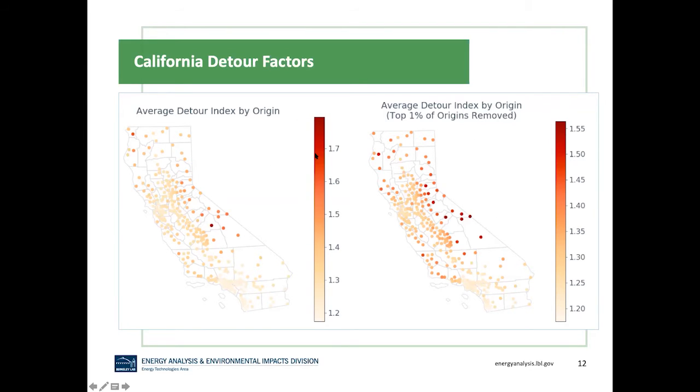And then on the right, I just shaved off a couple of that top 1%, those top few points, just so that you can get a better view of the variation across the rest of the state. So here in the Los Angeles and San Diego areas, as well as right in the San Francisco area, you're in a very urban place with a well built up transportation network. So you're going to have the opportunity to have a direct route to most places you want to go, versus again, up here in the mountains and along the coast, you might get a little more stuck and have to go